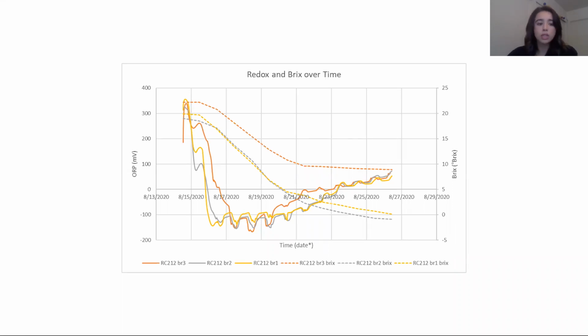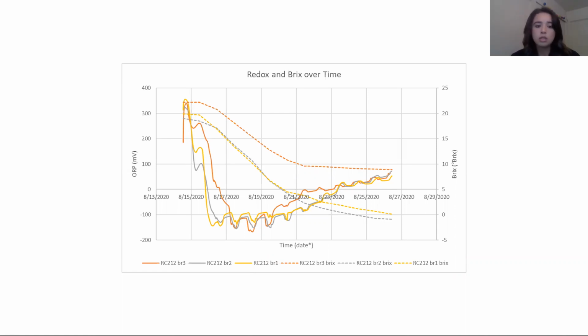So from the Brix data, we may have predicted on day 3 or 4 that the fermentation would struggle, but had we used redox data to monitor, we would have known at least 24 hours sooner, and that could mean taking remedial approaches sooner, which would increase the overall effectiveness of the treatment and potentially save a lot of time and money.